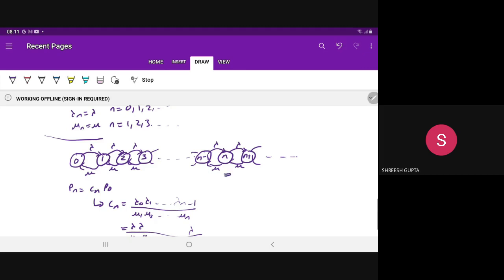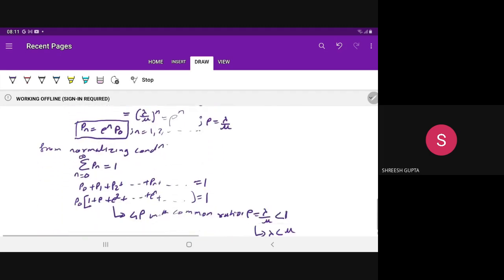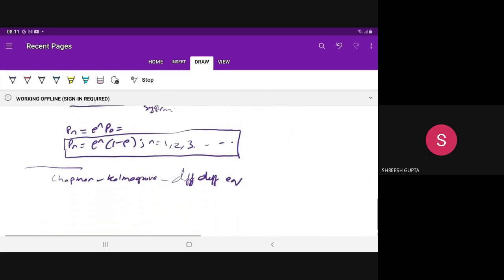So if you want to write for the nth node, generally we write for the general nth node, outgoing are mu and lambda, incoming are this mu and this lambda. So its equation will become